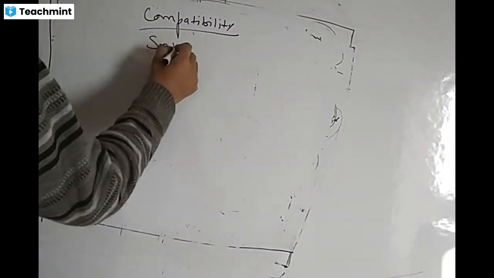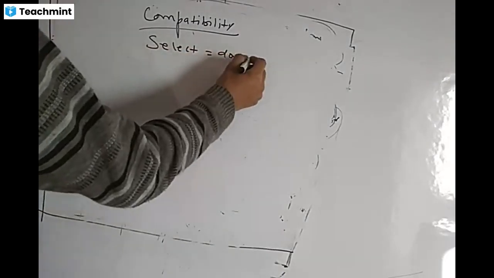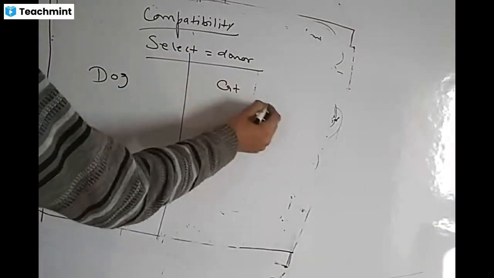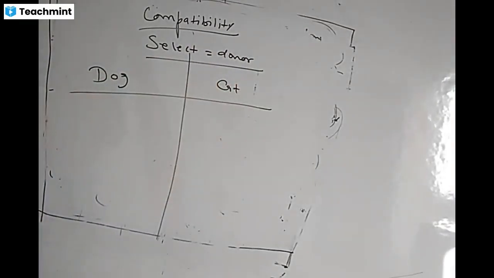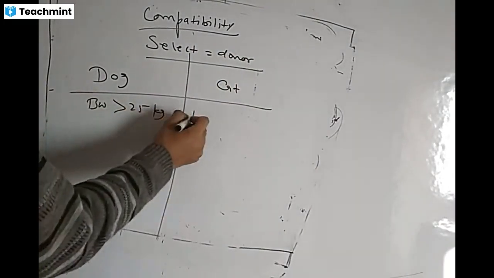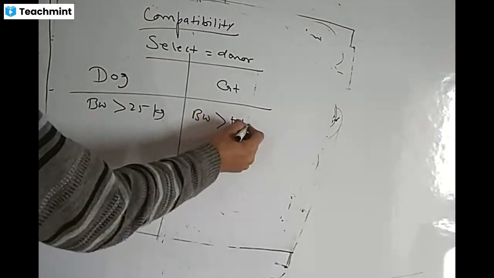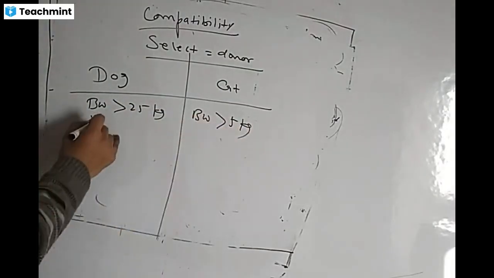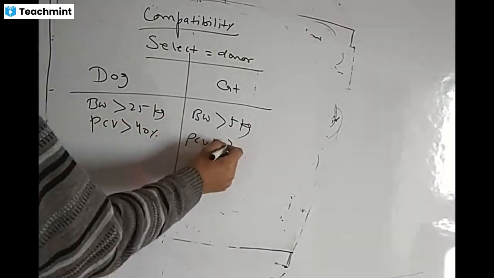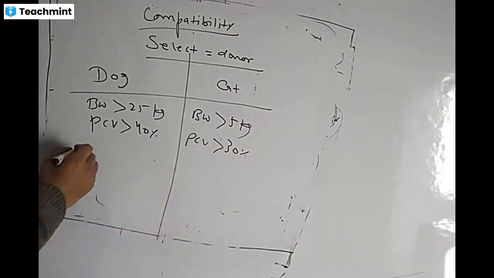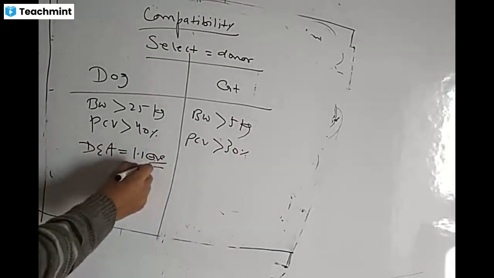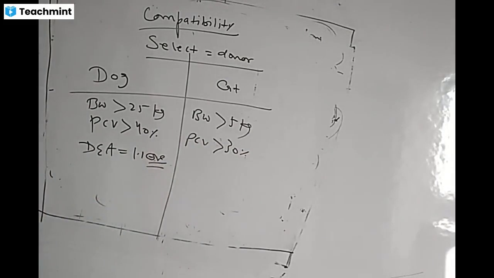Then we go for selecting a donor. How to select a donor dog or a donor cat? There are some criteria based on which we select this. The body weight of the dog should be more than 25 kg and the cat body weight should be more than 5 kg. PCV of donor dog should be more than 40% and cat PCV more than 30%. And this dog should be DEA 1.1 negative because this is the most antigenic